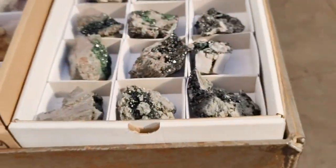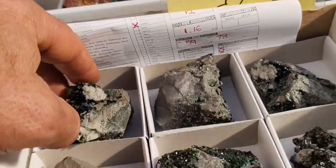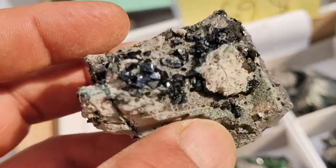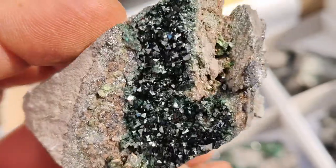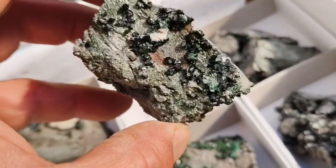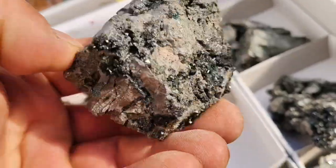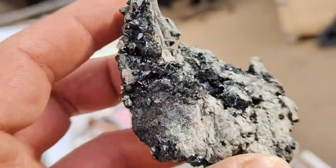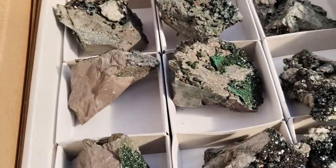Onto some fresh labradorite. That also came in with the Congolese goodies. There's 12 in this flat, rated as very good to A grade. As you can see, it's going to cost $65. This labradorite is exceptionally dark. It's a beauty. This flat here is going to cost $65. That's right. 1.16 kilos. This is flat